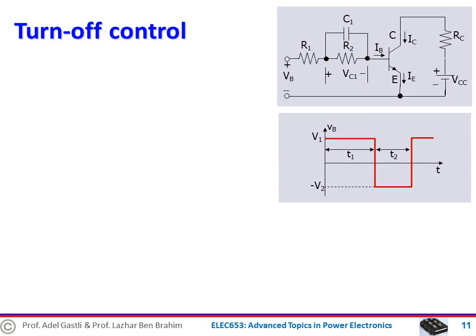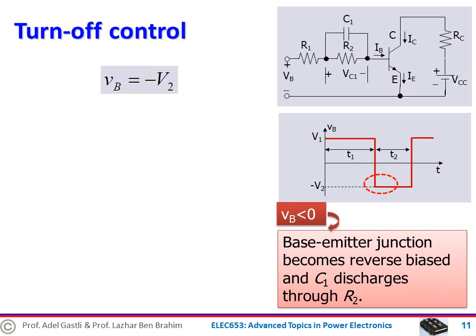However, it is essential to improve the turn-off characteristic of the switch by controlling the negative peak of the current and shape it in a proper way. To allow high negative peak, it is desirable to apply negative base voltage during the turn-off process. So when VB becomes negative at minus V2, the base emitter junction becomes reverse biased and the capacitor C1 discharges